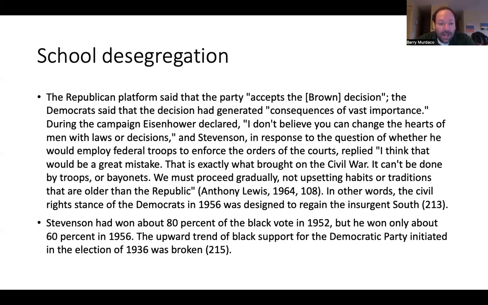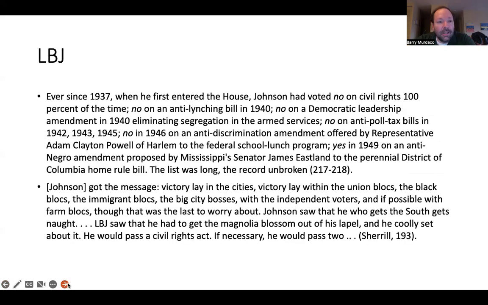And this is why context matters as well. 60% in 1956 is still a majority of people. So you could point to that, if you didn't know anything else, and say, well, look, black voters still overwhelmingly supported the Democratic Party. But then, of course, you would have to see that that's like a 20% decline from what it was in the previous election. So, of course, context matters.